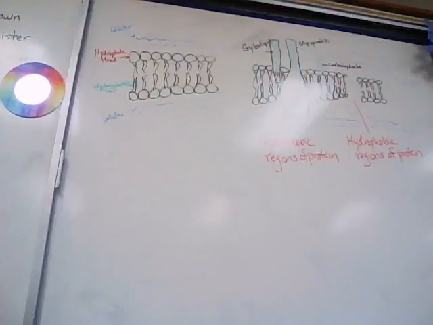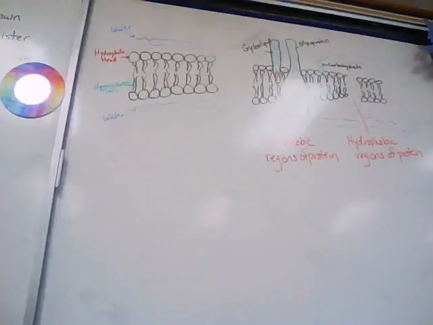The hydrophilic parts of the molecule are exposed to the aqueous solutions on either side of the membrane. Some proteins also have a hydrophilic channel through their center that allows passage of hydrophilic substances. Peripheral proteins are not embedded in the lipid bilayer at all. They are appendages loosely bound to the surface of the membrane, often to expose parts of